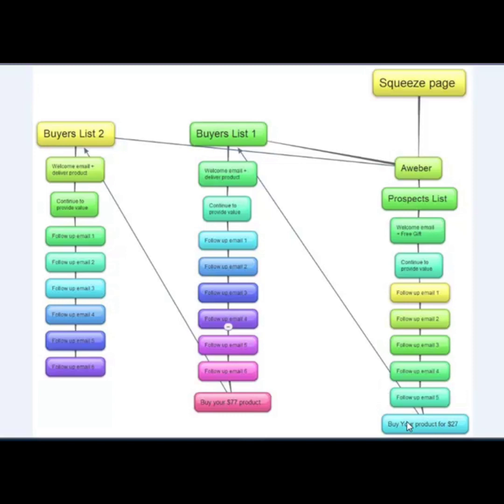So after they've purchased your low price product, as I said earlier, they then get transferred to your buyers list, and then they go through your emails, and then if they buy your second product, which is maybe at $27, they then get transferred to buyers list number two. So all of the customers in your buyers list number two have purchased your first product and your second product. So your buyers list number two are going to be your most valuable customers,